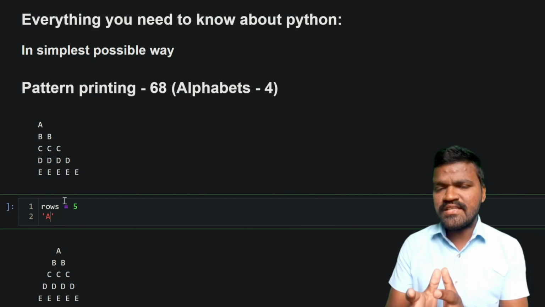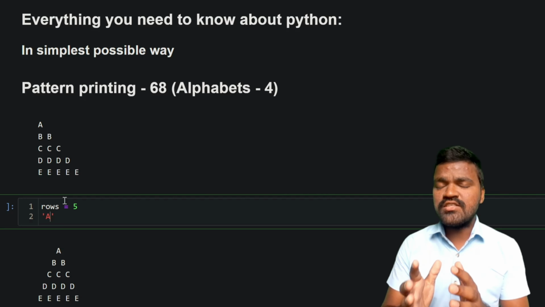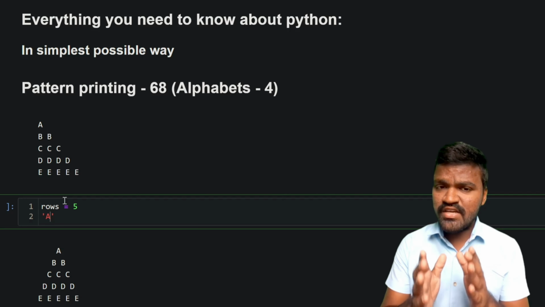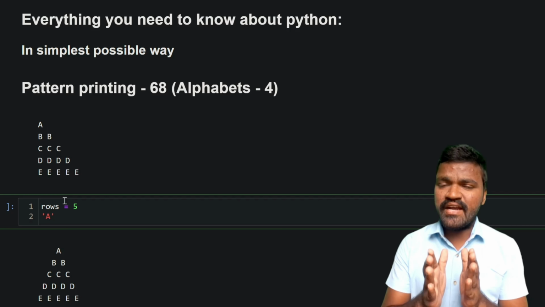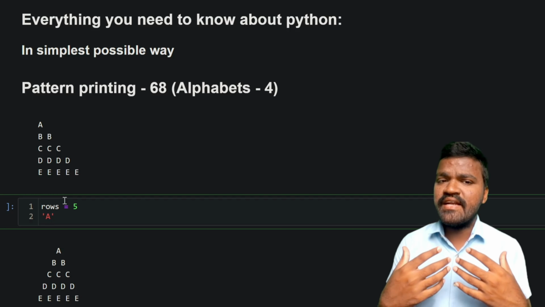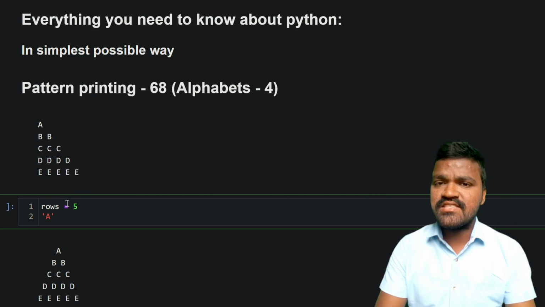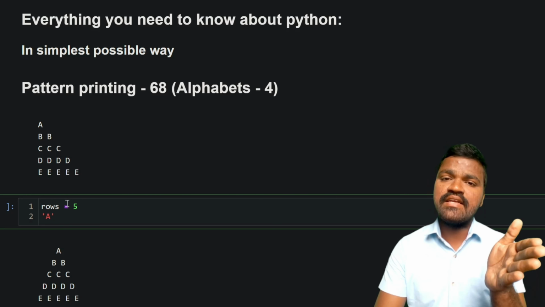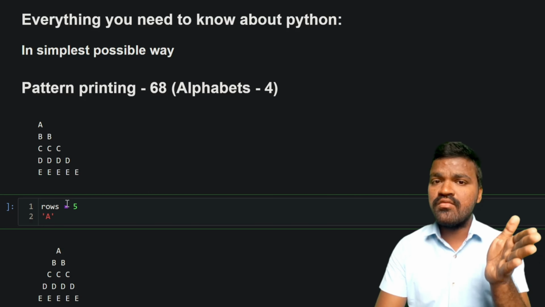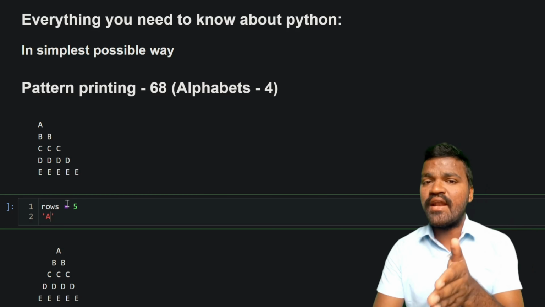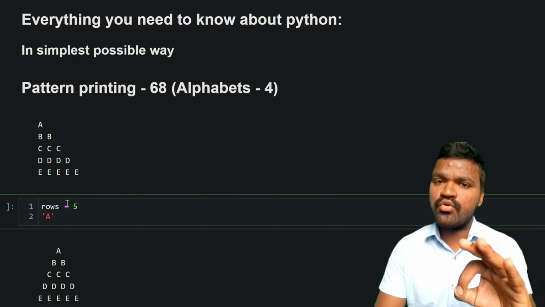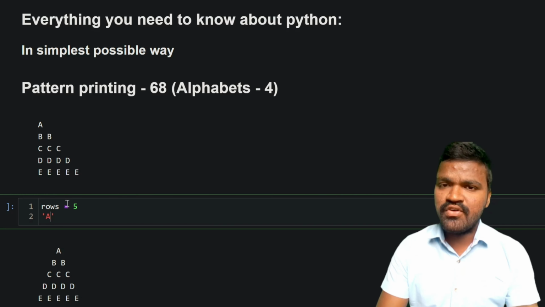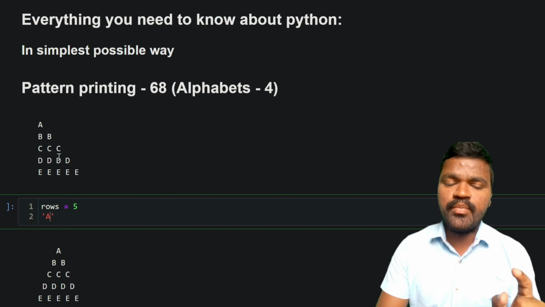If you don't know about ASCII codes, ASCII values, watch my previous video, the first video of alphabet pattern printing, where I have explained clearly how ASCII codes work, how to convert alphabets into equivalent integer numbers, and how to convert integer numbers to their equivalent alphabets, so you can understand clearly. In this video I will only go through the information we need in order to print this particular